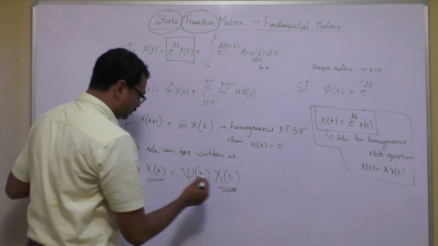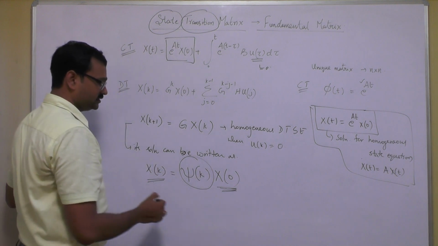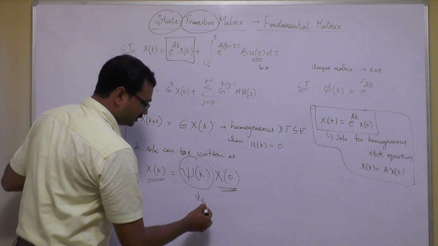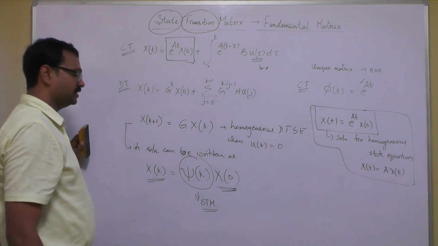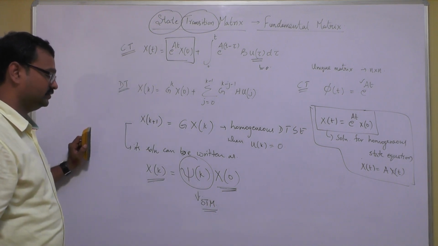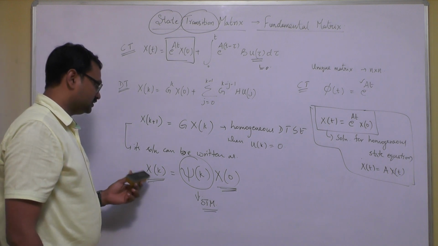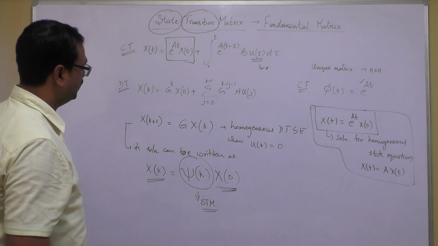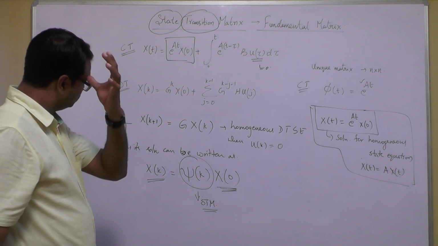Therefore, to transform from x of 0 to x of k, you require one unique matrix, and that matrix is called the state transition matrix, phi or psi of k. So when you are considering this, we can have x of k plus 1 or x of k equal to